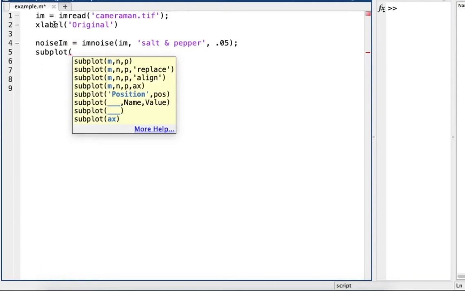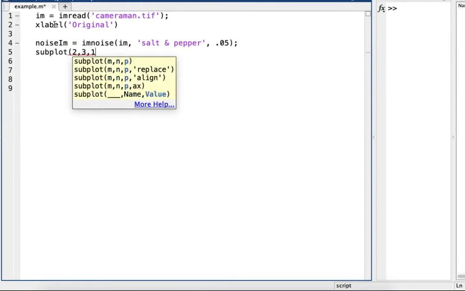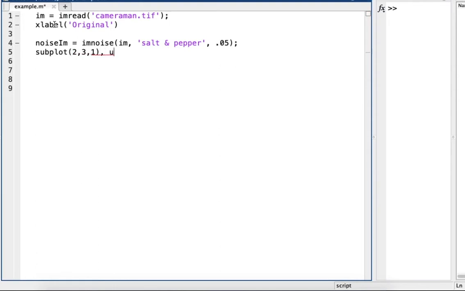Create a subplot, 2, 3, 1. We'll add a label. Salt and pepper. And now we'll show a couple different